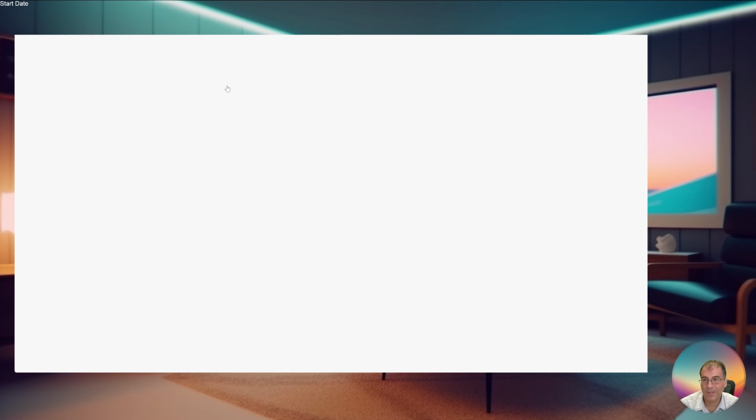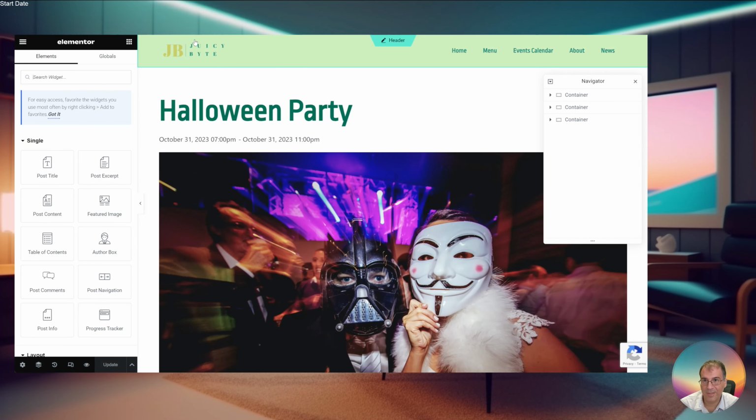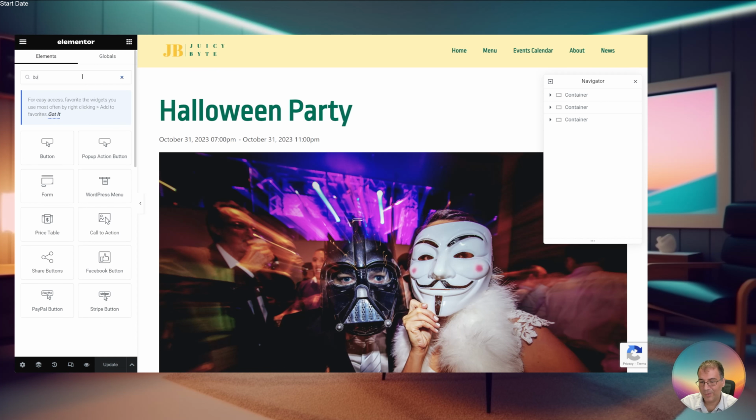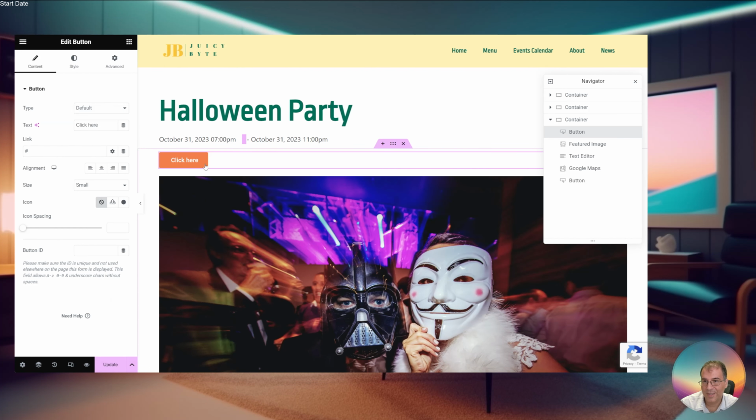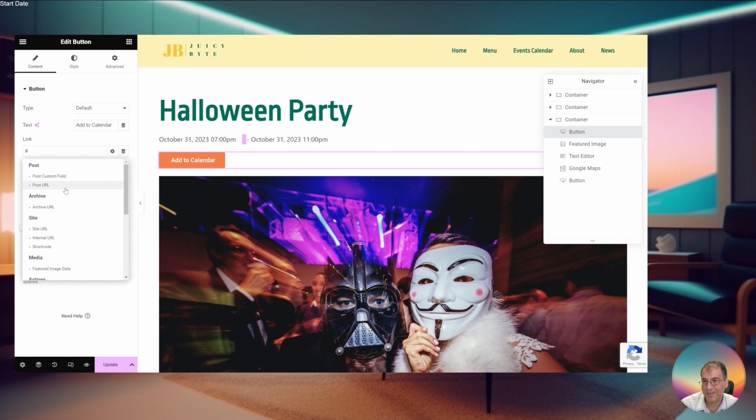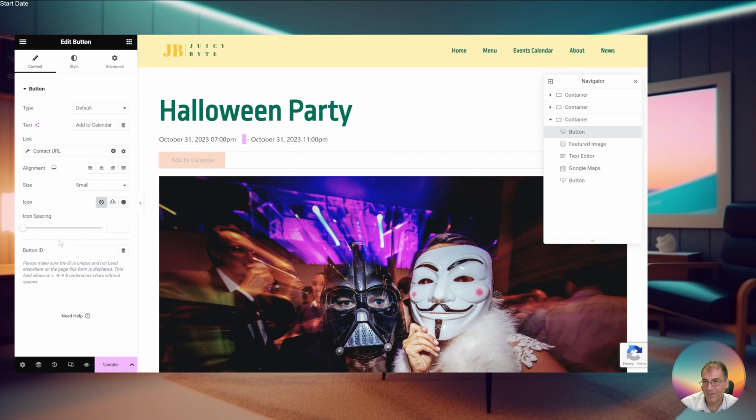Unfortunately, it doesn't work for dynamic content. So let's go ahead and edit that post, and let me show you real quickly how to do that in case you had a static event on your website and you wanted to take advantage of this feature. You would type in add to calendar for the text. Under the link section, if you click on dynamic tags, you'll see something called contact URL. If you click on that,